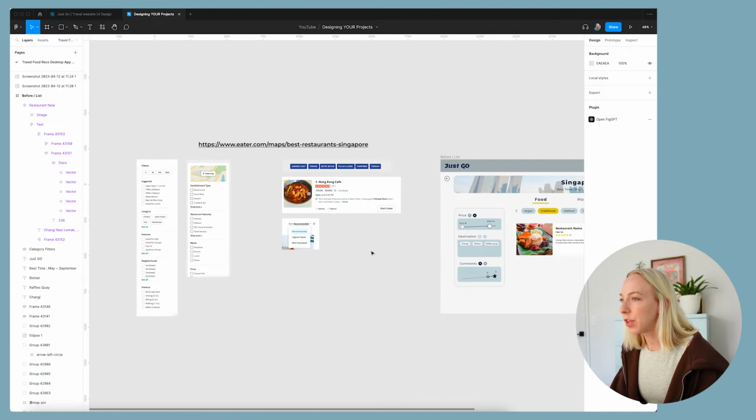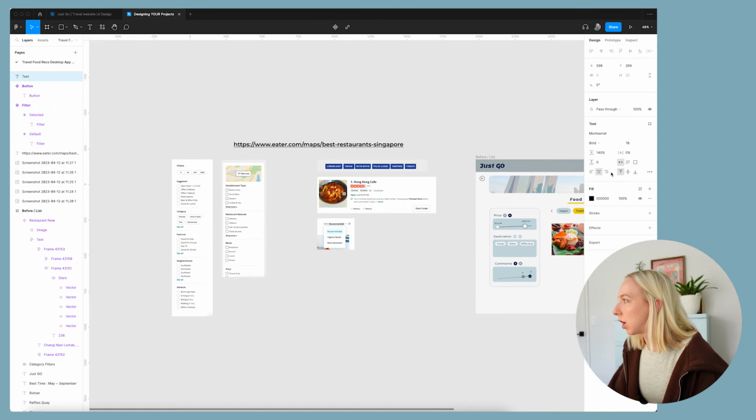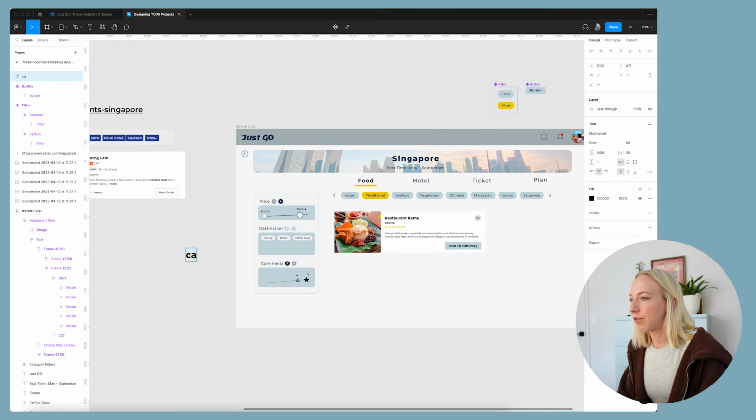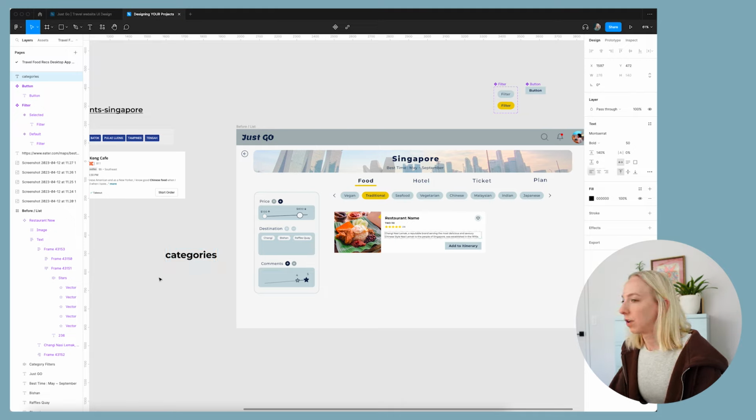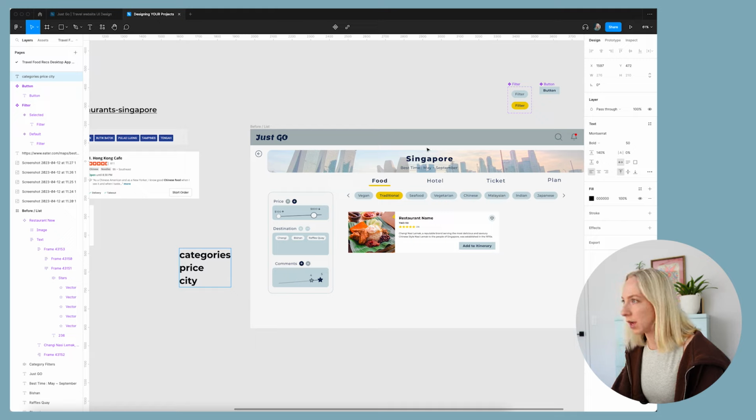So let's just type out what we want to have. I'll make this big so we can see it. We definitely want to have categories. We want to have price. We want to have destination, or city, or sub-city, or whatever these things are, to Singapore. We want to have